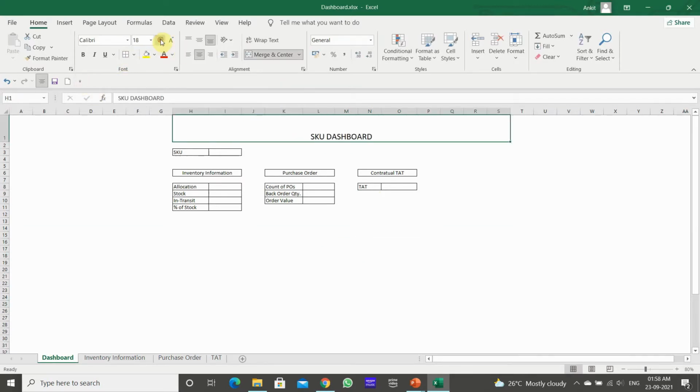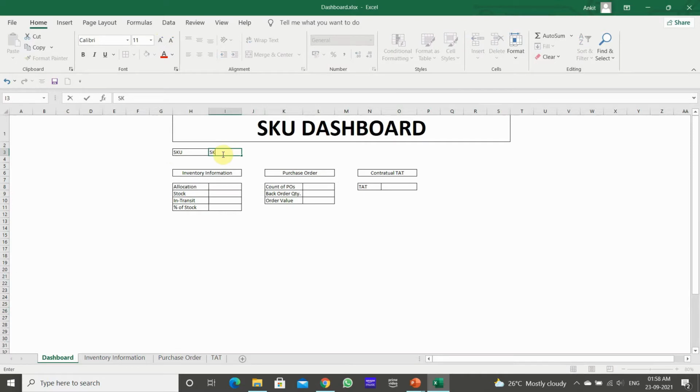And increase its font from here and let's bold it. Now suppose for example we are seeking the information of SKU1.